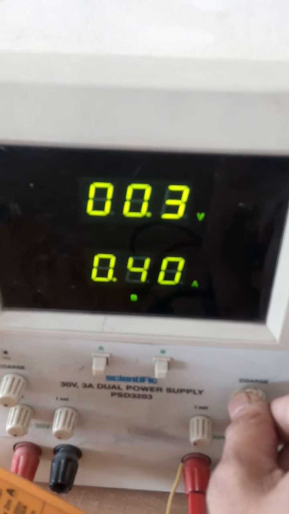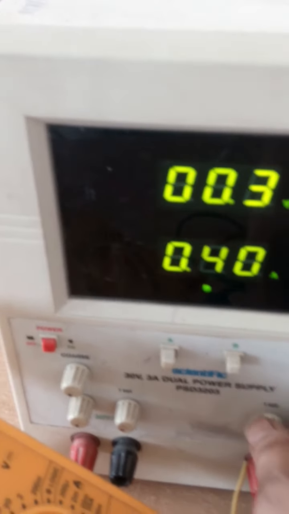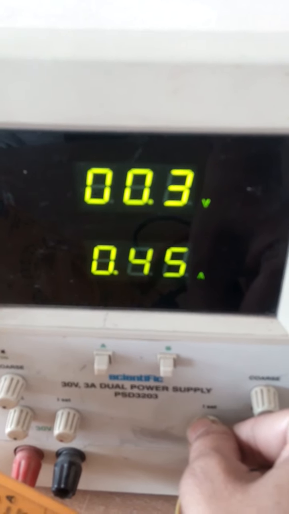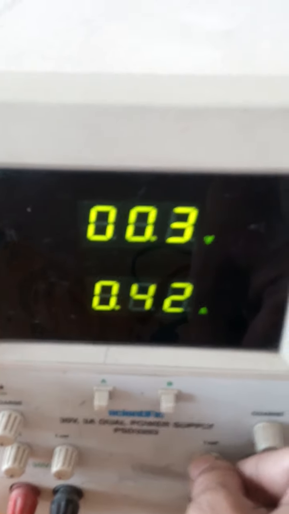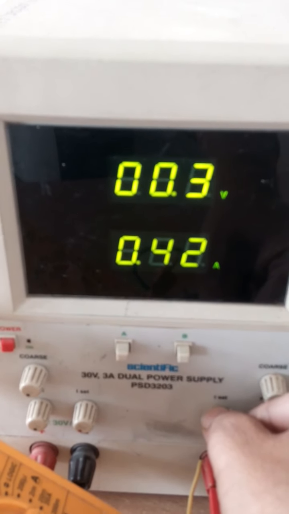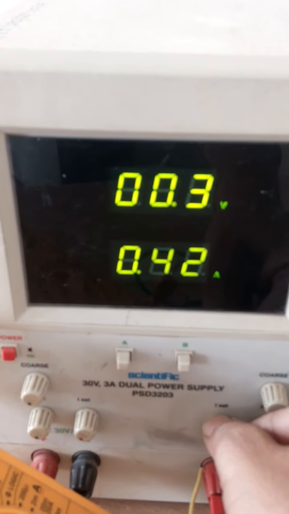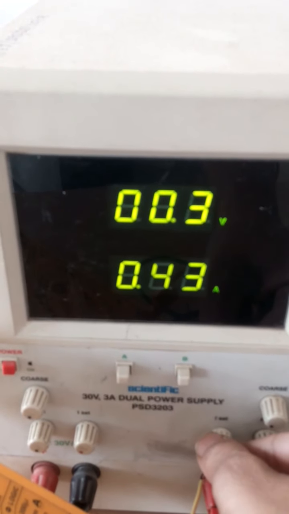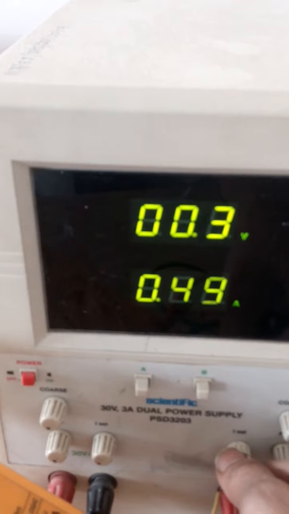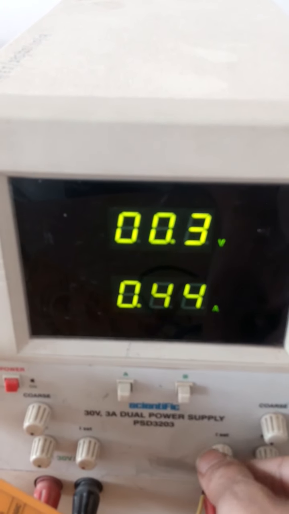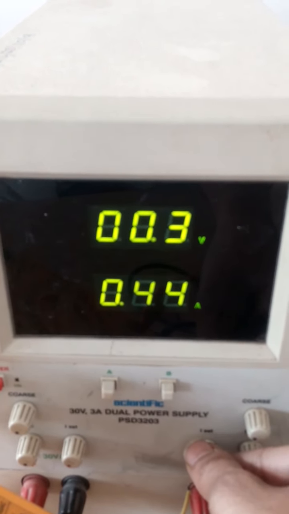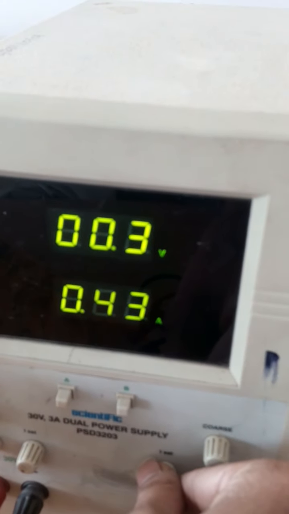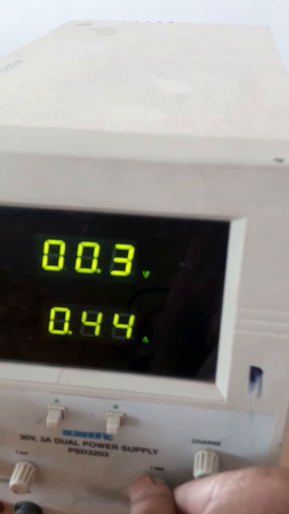Again we'll give the next value, that is we'll take now 0.5 ampere from the power supply. So using the power supply we are giving 0.5, and we'll see what we get on the digital meter.